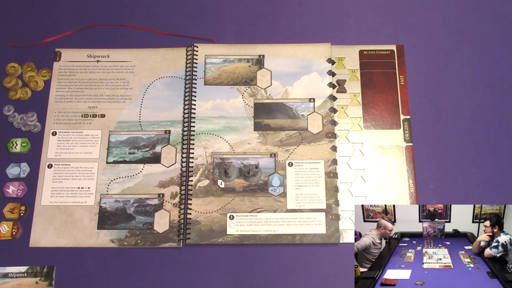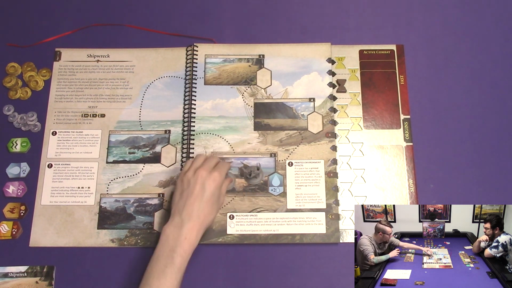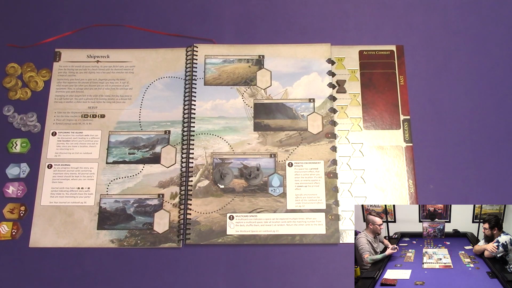Okay. Well, here we are. So looks like we can go anywhere. We can go anywhere. Where would you like to go? Oh, I might just search the shipwreck where I'm at. Search up the shallows, see if we can...